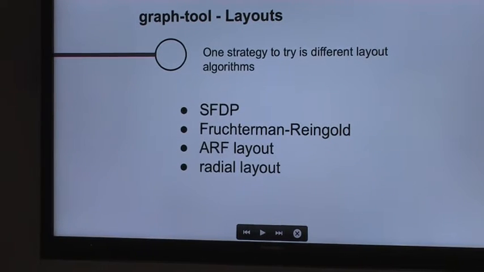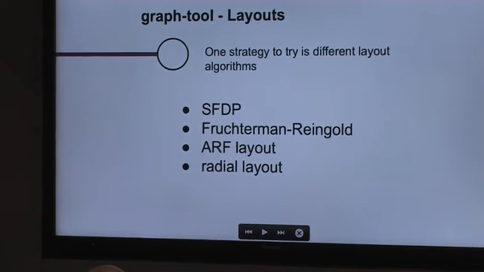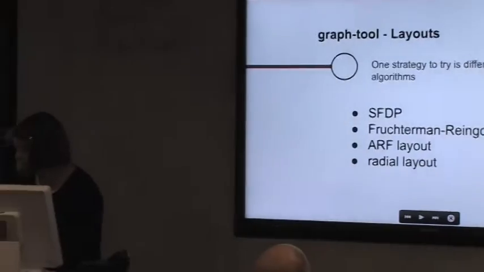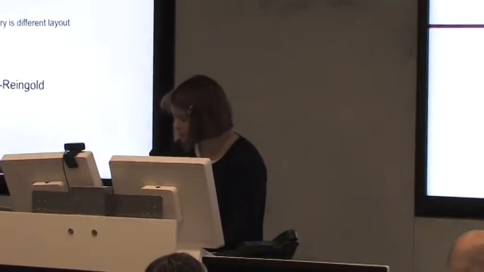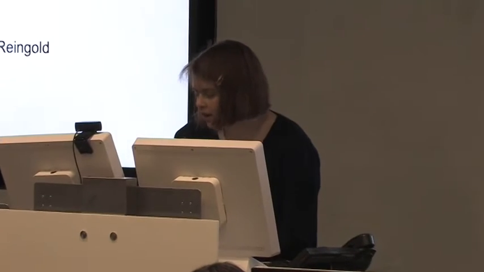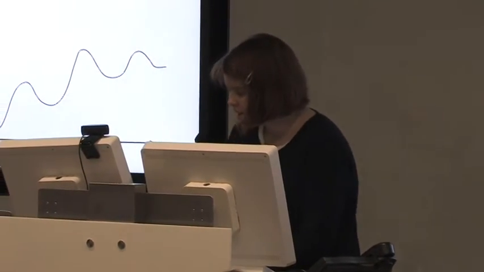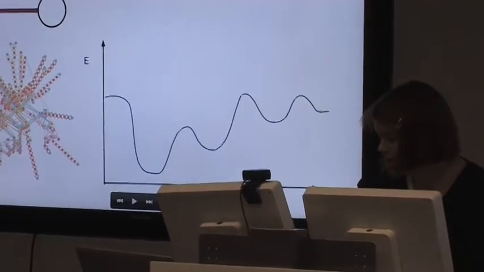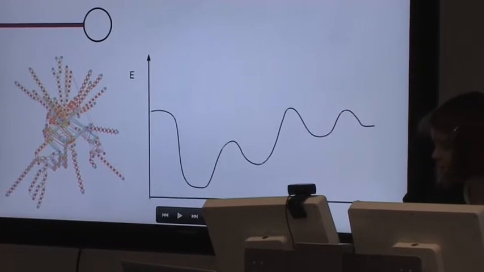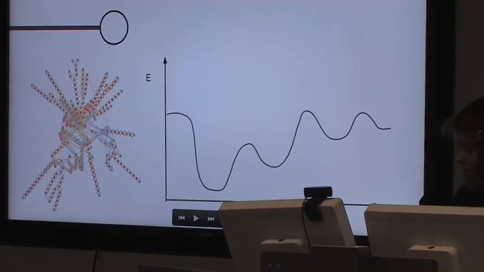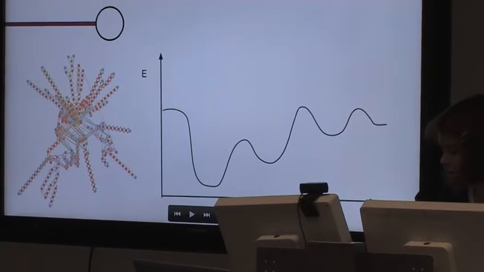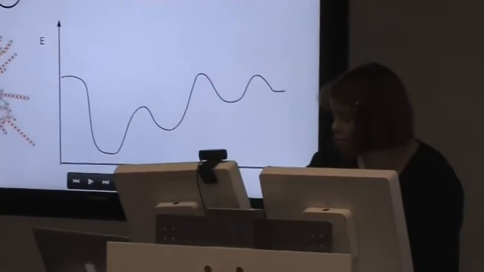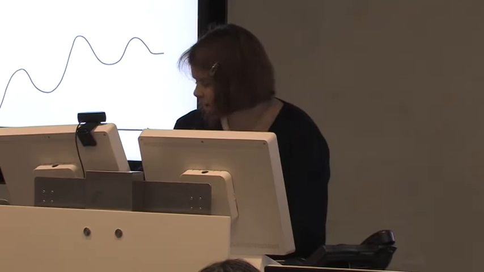One strategy is to try out some different layout algorithms, and GraphTool is actually quite good. It provides you with at least 4 different layout algorithms: SFDP, Fruchterman-Reingold, ARF, and then radial layout. And most of these are based on the idea that the objects in a graph form a physical system, and so you are trying to find the layout that basically minimizes the energy. Now, I'm not an expert in this, but you could probably tweak some parameters in the GraphTool layout algorithm that would give you nicer results, but unfortunately I wasn't able to do that. But I am going to show you how you might want to go about creating such a layout.